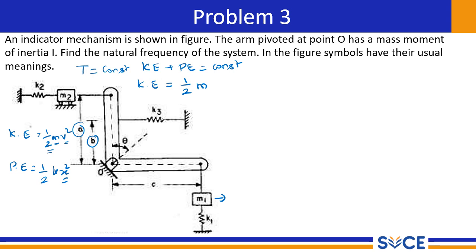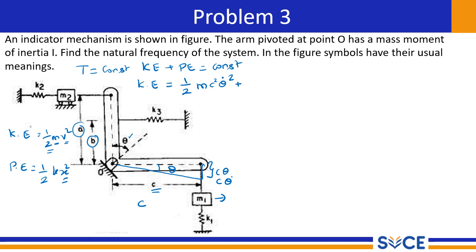If it is x, x is here, it is c, and if it is deflected, the deflection is given as theta. So the deflection is c theta. If theta is differentiated, then only we will get the velocity, so c theta dot. So in place of m v square, we have to put c square theta dot square